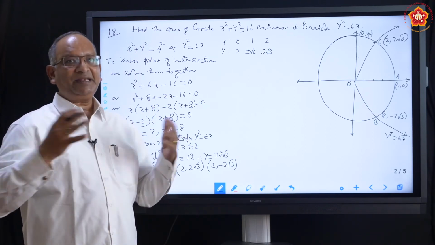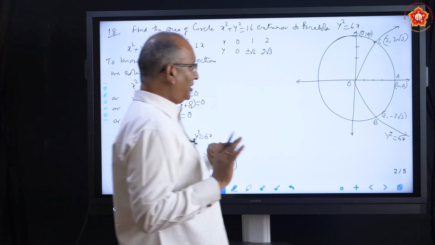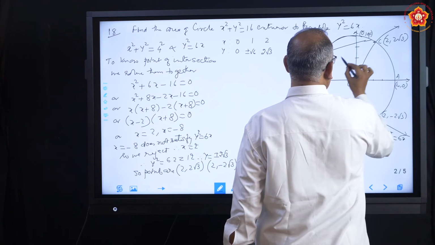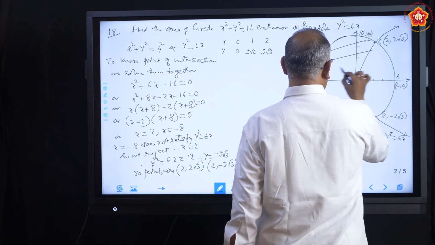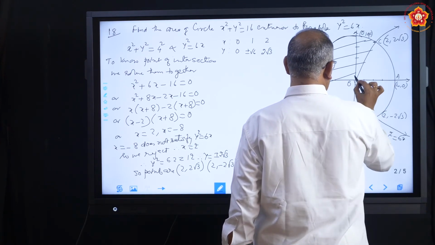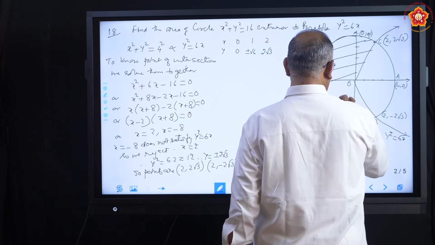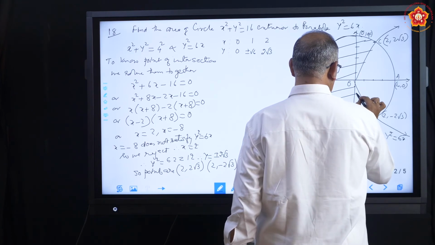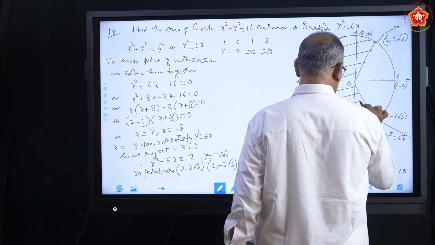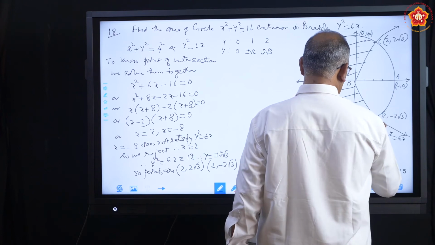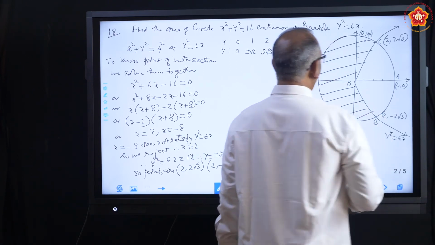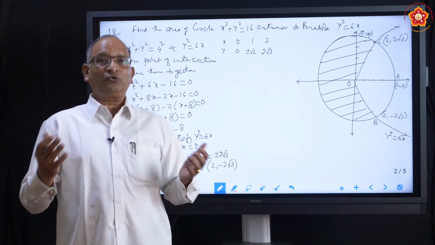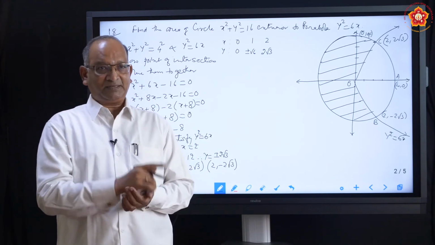He says exterior of parabola. If you want to shade, you can shade this way. This shaded region he requires. Now the question is how to get that region. It is nothing but